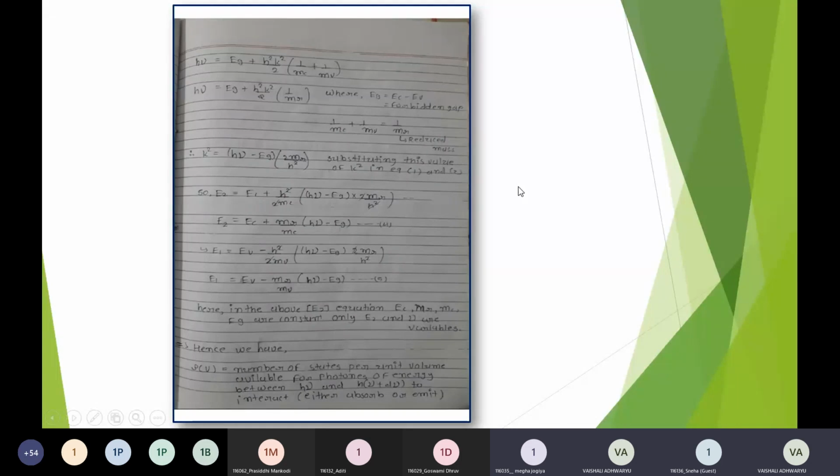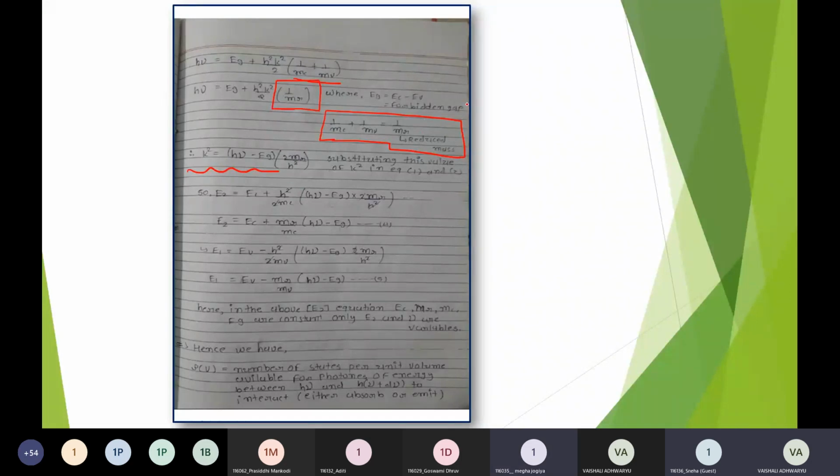Yes, so Megha, start. h nu is equal to Eg plus h square k square by 2 into 1 upon mc plus 1 upon mv. By simple term માટે 1 upon mc plus 1 upon mv is equals to આપણે 1 upon mr લઈએ. So h nu is equal to Eg plus h square k square by 2 into 1 upon mr. હવે k square ને સબ્જેક્ટ બનાવી તો k square is equal to h nu minus Eg into 2mr by h square, where